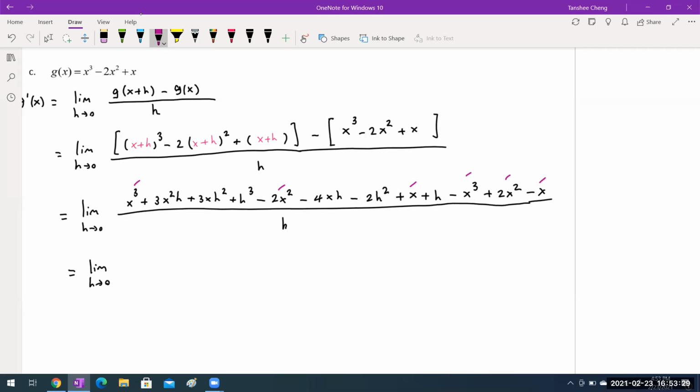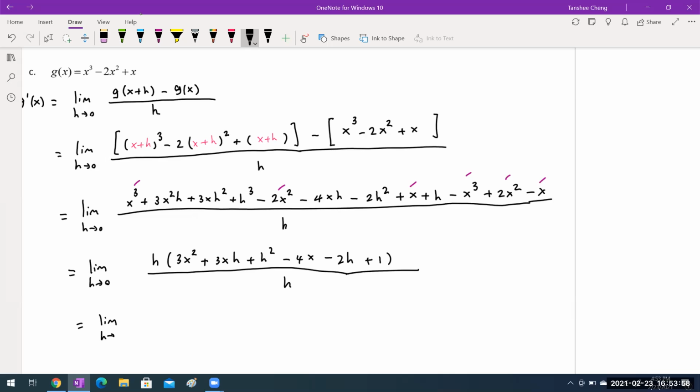So notice that all the terms that are left over have h, so I can factor out h right away to make it easier for me to continue this. So factor out h, that will give me 3x squared plus 3xh plus h to the second power minus 4x, and then minus 2h plus 1, all over h, which gives us limit as h approaches 0 of